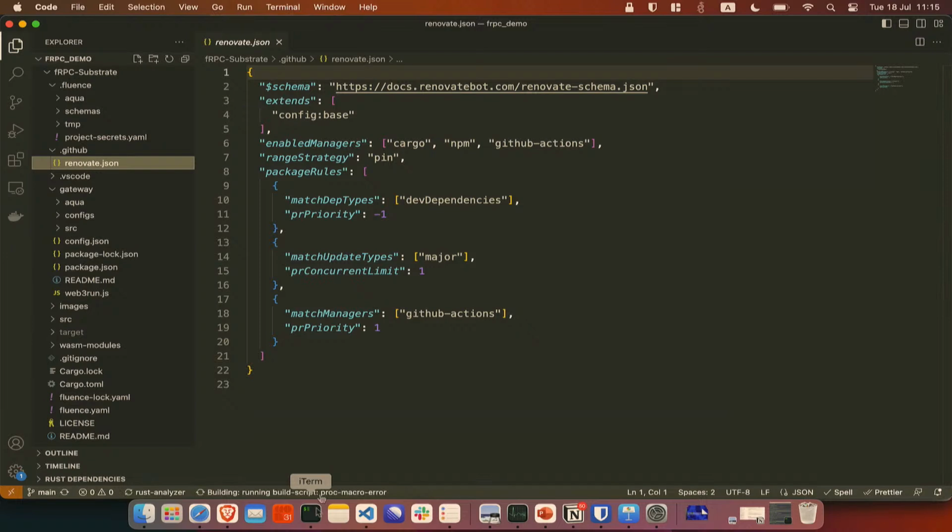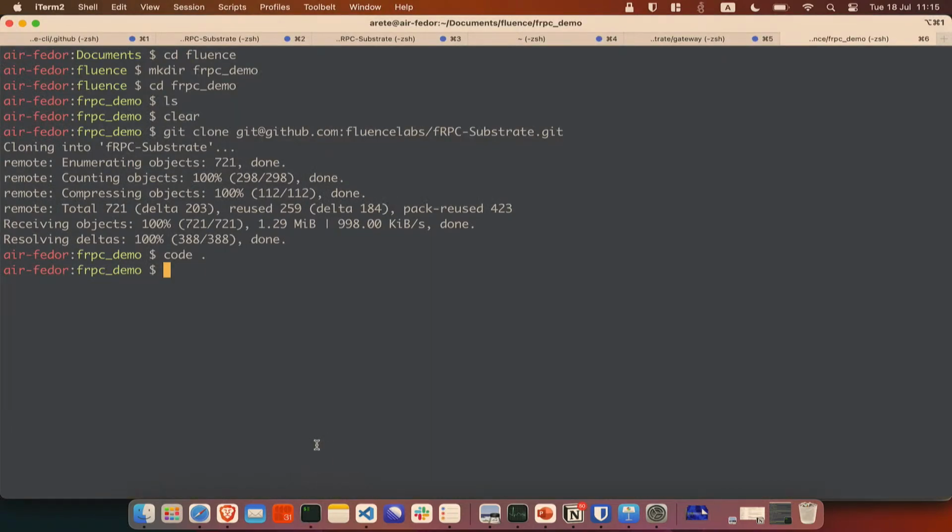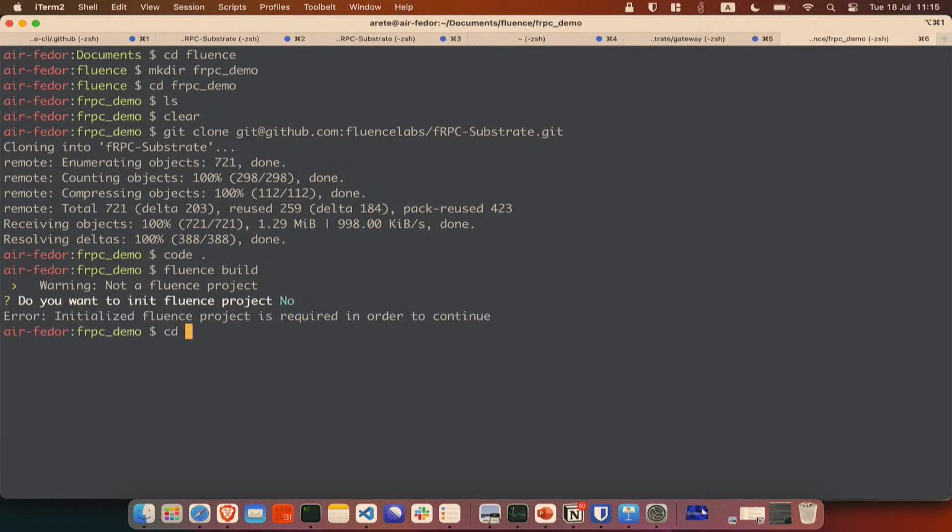So first of all, we deploy the FRPC to the Fluence network. But first we have to build it. So Fluence uses WebAssembly as the way to deploy the apps.